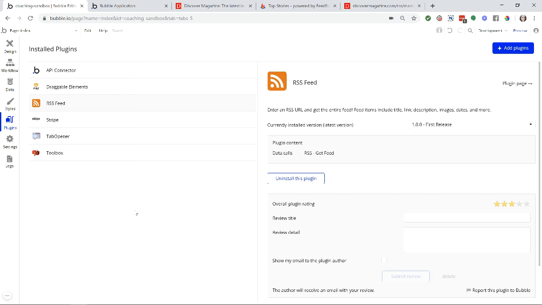Hi everyone, in this tutorial I'm going to show you how to use the RSS Feed plugin. This is a Coaching No Code Apps plugin. It's free to use, and essentially it lets you pull in RSS feeds so that you can display it back